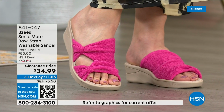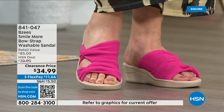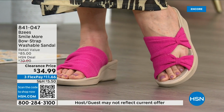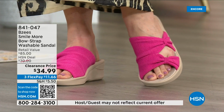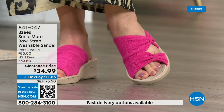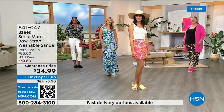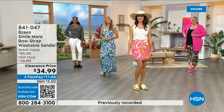So we're gonna make this really easy for you. The more you shop, the more you save today. And be sure to check out the last hour. We had Iman on clearance. We had Juliana Rancic on clearance. We had DG2 on clearance. We had the Amazing Today special from Shoe Shop. So find something to love and then get it home, and then you can do the happy dance